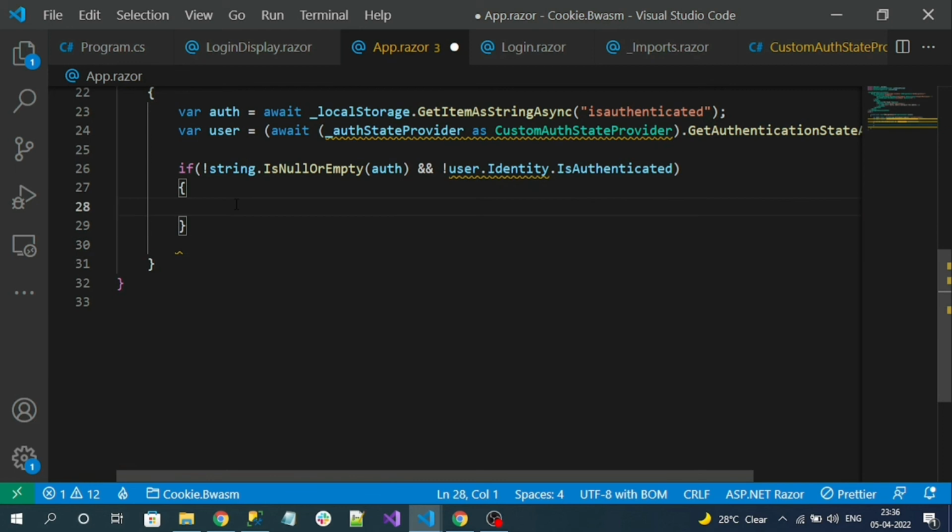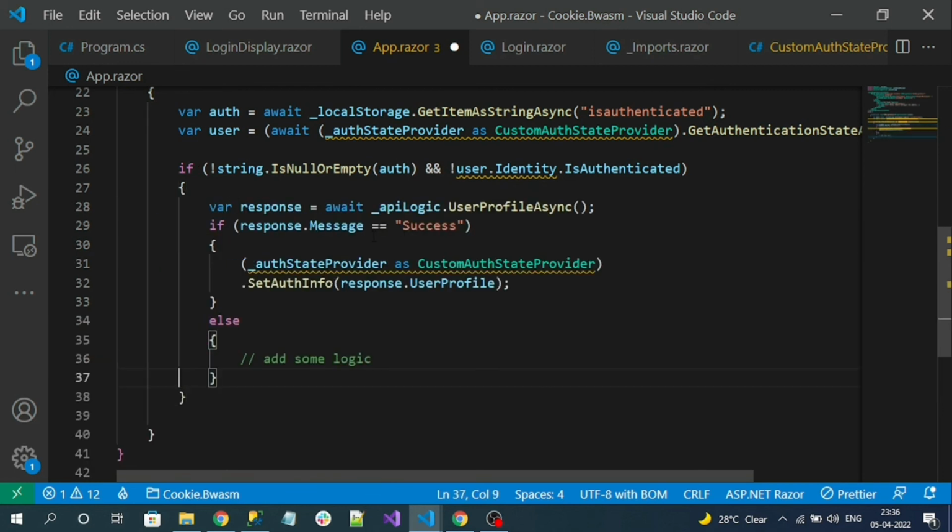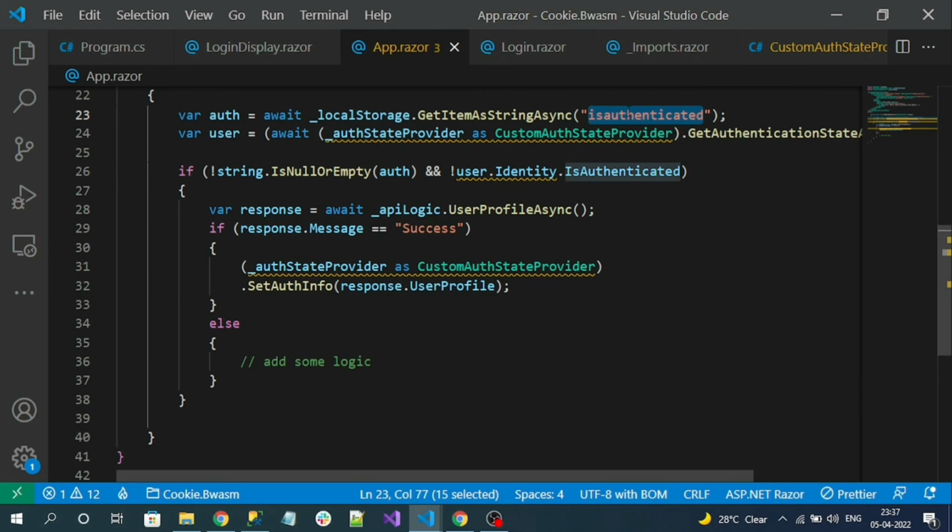Cut this and keep it inside. Okay, now this is the user profile API call, made when the browser local storage contains a variable like is authenticated, which is only available when the user is logged in successfully. And our state is empty. At that time only you call the user profile. So the user profile response updates the state again, right? And in the else,